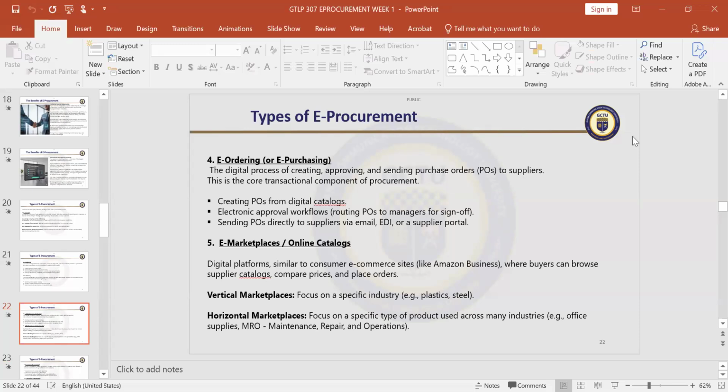Okay, so that is a vertical market. They sell particular items that are used by a particular company or institution, like hospitals. They sell medical supplies, so they only sell to hospitals. For instance, a company that produces oxygen only sells to hospitals, right? That is a vertical market. And then a horizontal market is a company that sells across different institutions.